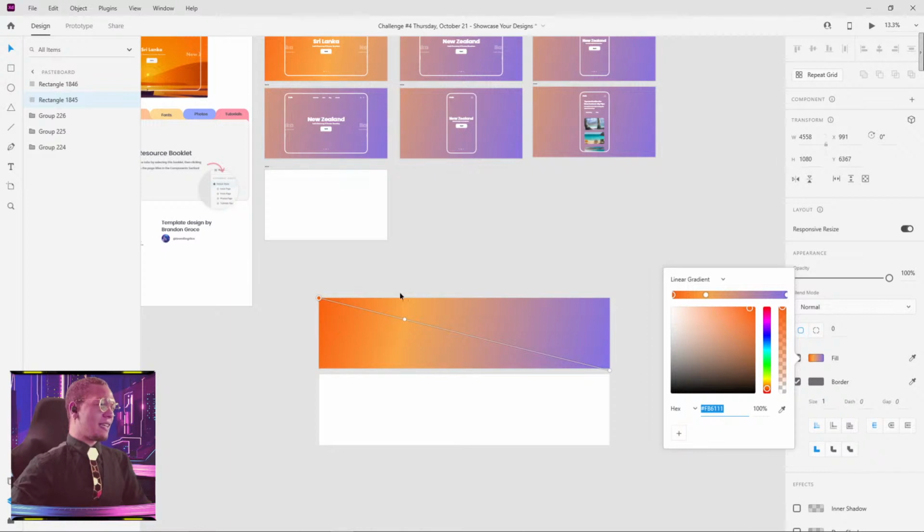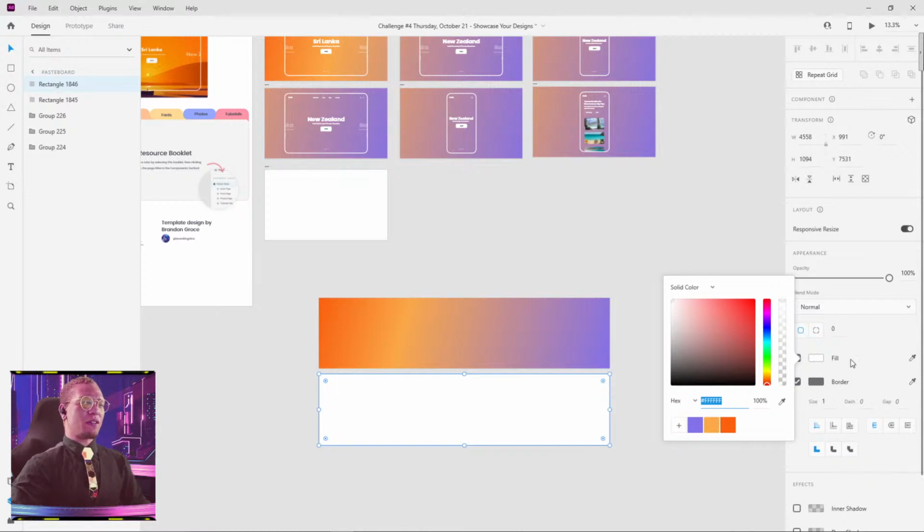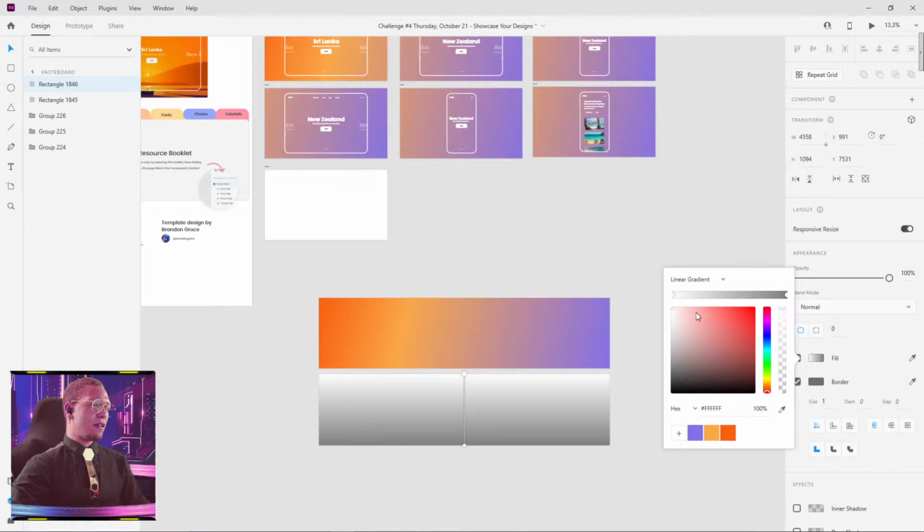So with that said, what I did is I took 3 colors here, orange, a light orange, and a schnurple. We're just calling that for right now. And I went to my fill color here, select from solid color to linear, I pulled the gradient from one